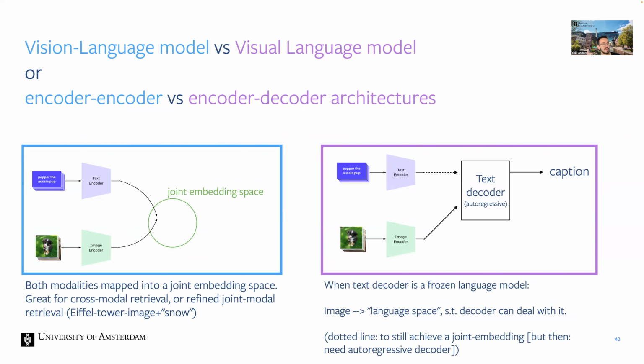And note here, there's this dotted line. You can also include the text caption such that you somewhere get this joint embedding, because you might want to still be doing image text retrieval, and joint embeddings are quite useful for multimodal tasks and so on, right? But then you need to be careful if you put in the caption and then you predict the caption. Well, it could simply learn an identity, right? So you need to be careful that you always mask it in a causal manner, and that, yeah, we'll go to that in a bit more detail.